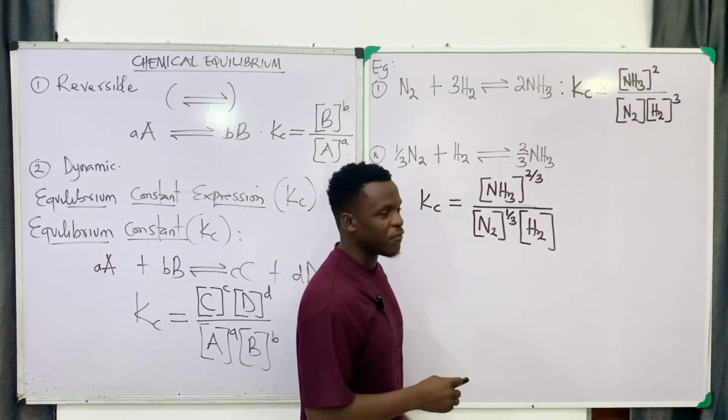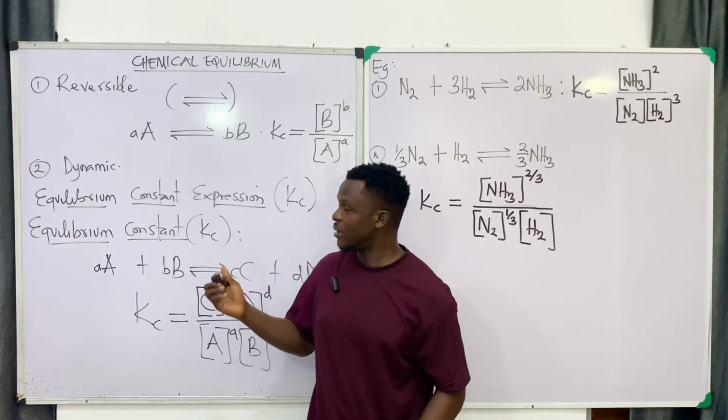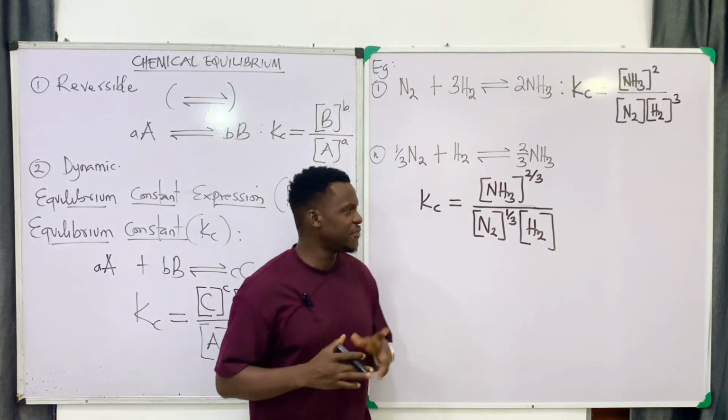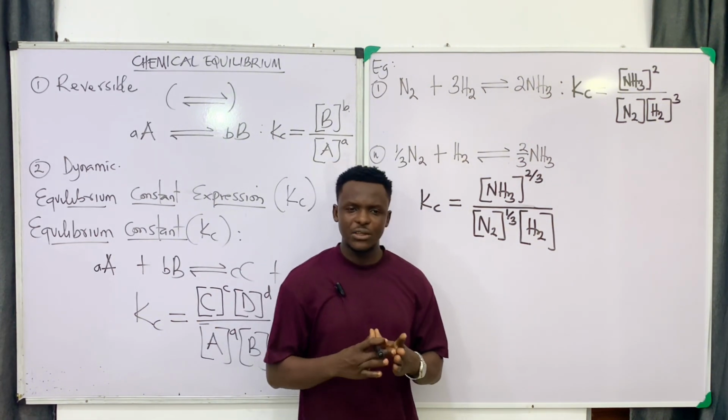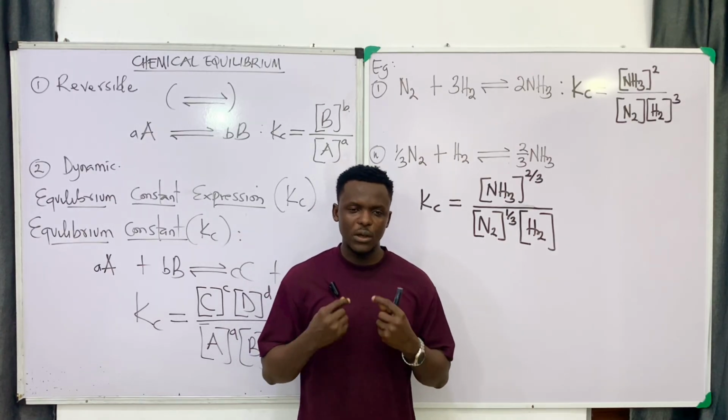So you can see how we have written the equilibrium constant expression for the individual reactions. The next thing we're going to do now, I believe that if I should give you any reaction at all, you can, based on what we have done now, write your own equilibrium constant expression. Next,